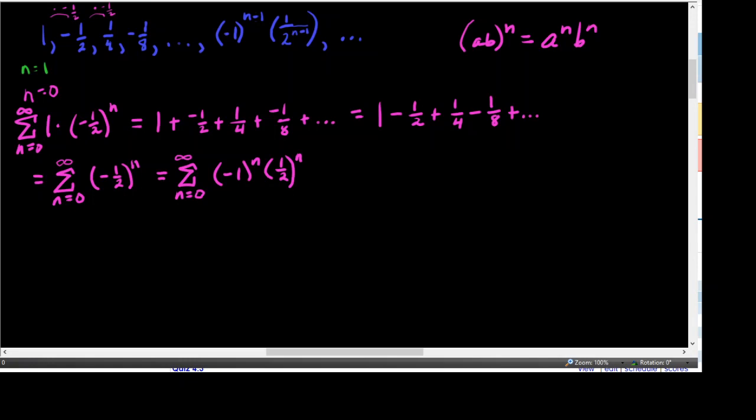Now I ask you, does that converge? Well, since it's geometric, we can use the geometric series test. Remember, with geometric, we identify the first term and we find r, and we already identified that r is -1/2. Then we think about what the absolute value of that would be: is it between 0 and 1, or is it bigger than 1? And since the absolute value of this r falls between 0 and 1,